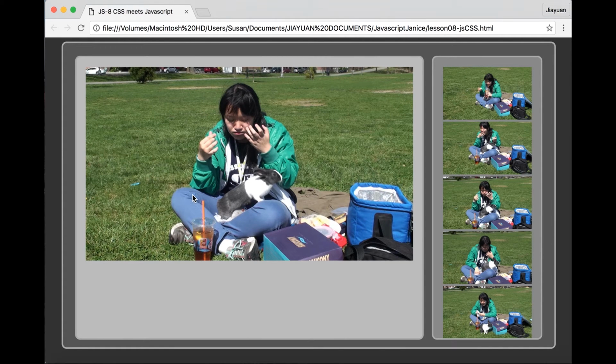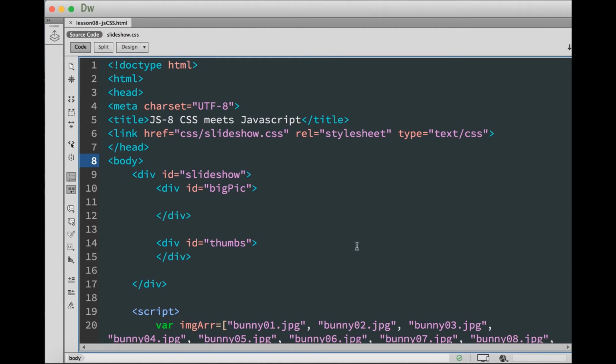So in this lesson, we are going to use JavaScript to change the CSS of our slideshow divs, which are currently all gray. To allow JavaScript to target the CSS of an HTML element, we need to first pass the entire element to a JavaScript variable, known as an object. A JavaScript object made from an HTML tag inherits all the attributes and CSS properties of that element. These values can be changed using JavaScript. In this example, we will change the background color of BigPic div. So go into the bottom of script